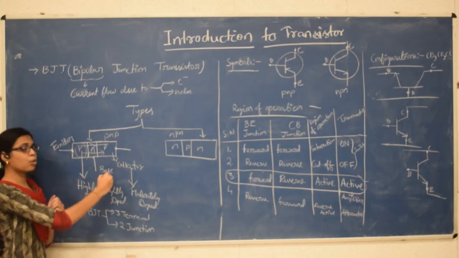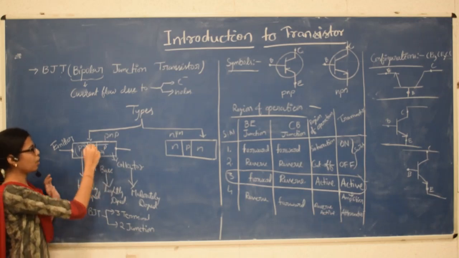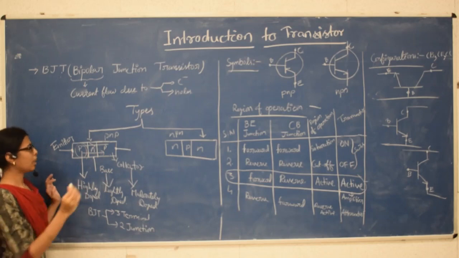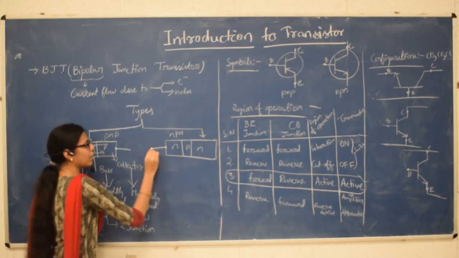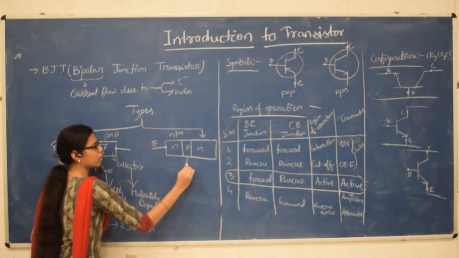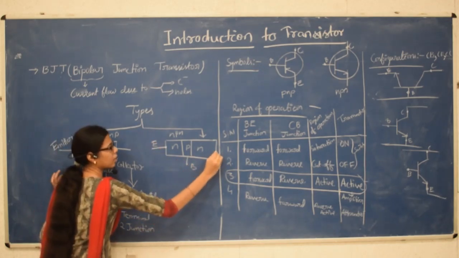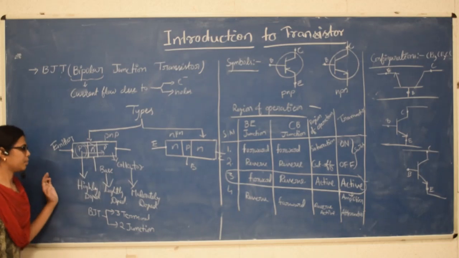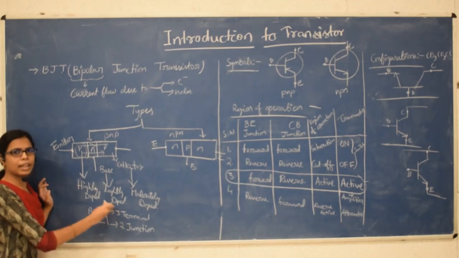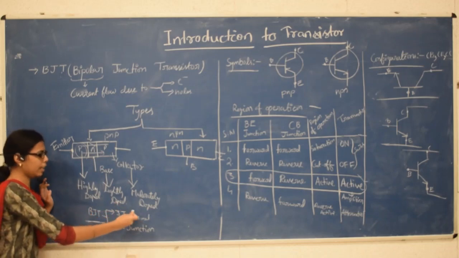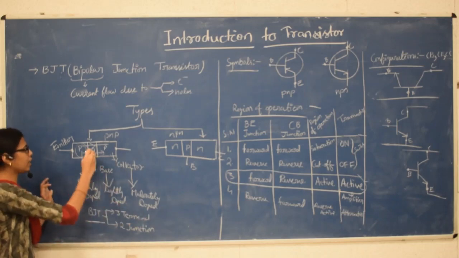Now the base is going to control the charge flow between emitter and collector. Hence it is emitter, collector and base. Likewise here also we will be having one emitter, base and collector. Okay. So basically BJT is a device that has 3 terminals,